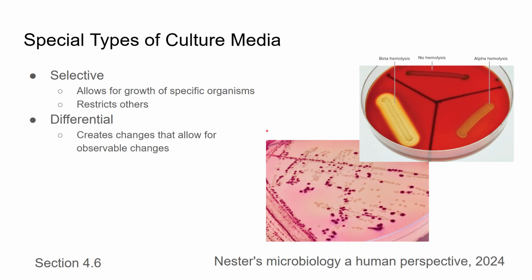And what you could be planning to do with that could be a selective or a differential culture media. So selective allows for growth of specific organisms but restricts others. So think about if you were trying to grow an antibiotic-resistant bacteria, and so you put a little bit of ampicillin into your agar, and then that could reduce the growth of other organisms,